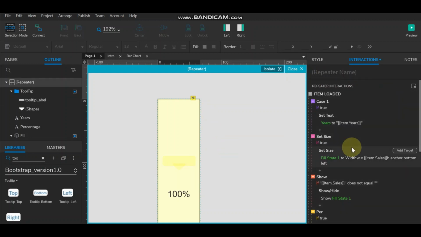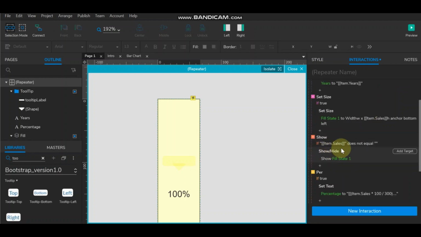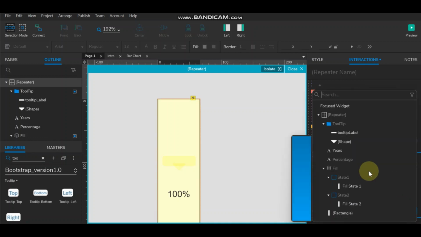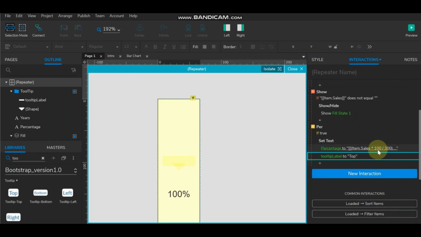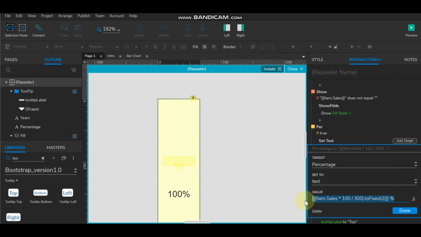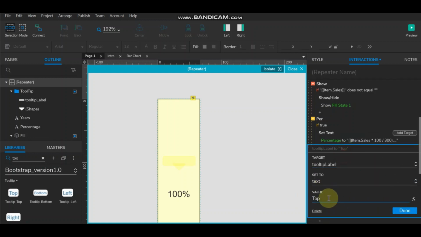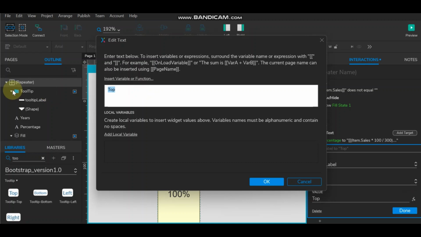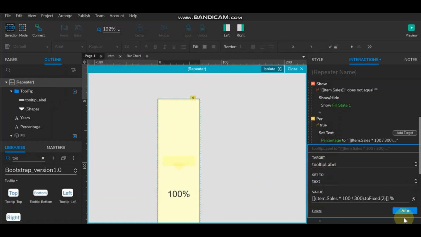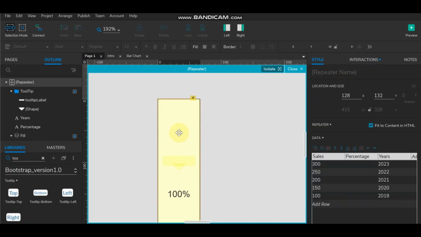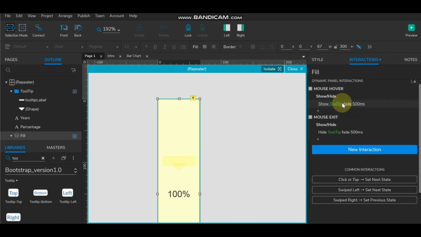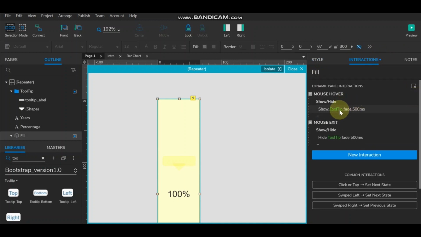And the next what we are going to do, we set the text on the tooltip. So here we have set the text the same way. Add target, just paste this tooltip level, and here we just copy this and paste it in a value here. Now done. Okay, done. So once we mouse over on this, we'll get this tooltip,